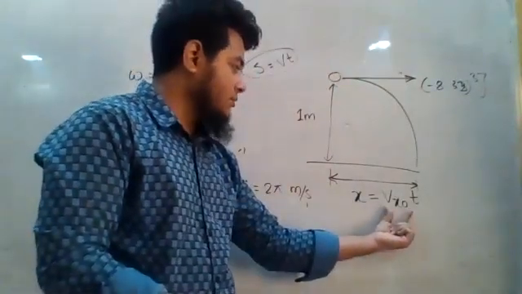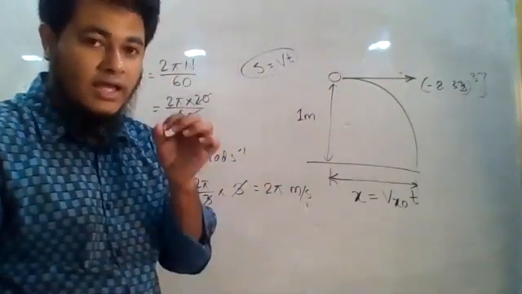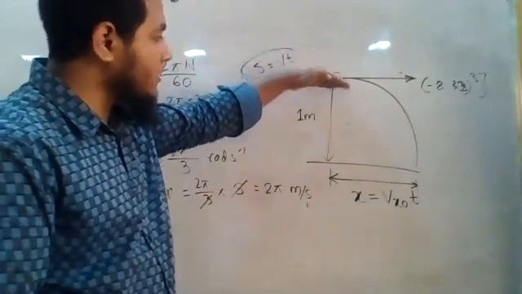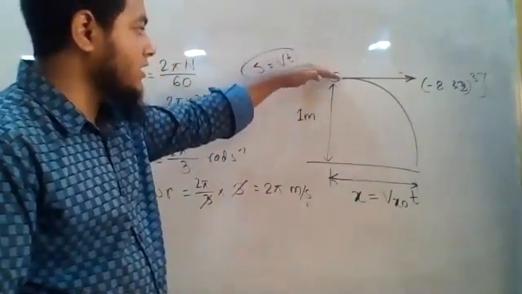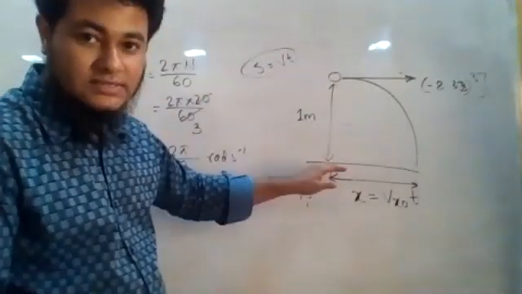So this one can be known, but what about t? I do not know t. So I have to know t. Before it falls on the ground, that means before it covers a distance of 1 meter along the y-axis, what is